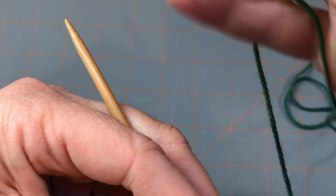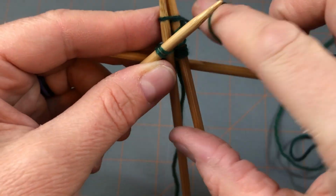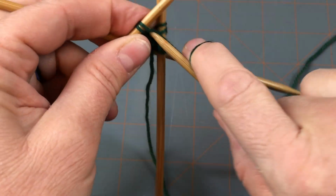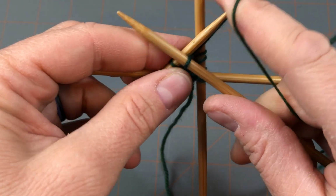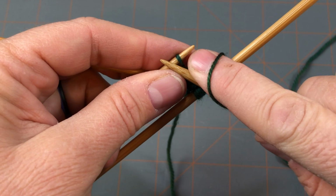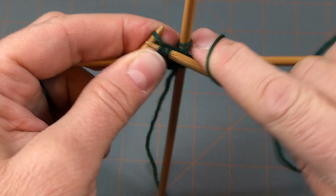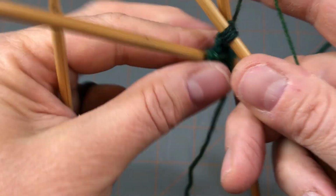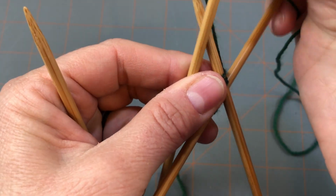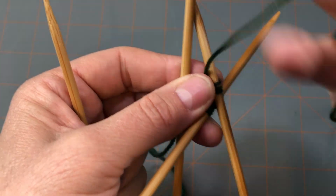Now, double points, granted, are fiddly and pokey. However, if you do the beginning of this pattern with double points rather than magic loop, you may find that you have fewer ladders and gaps between your chart repeats. So I did this the first time with magic loop and it was fine, and those ladders will work out. You can cinch them up if you want, but I find that something like this